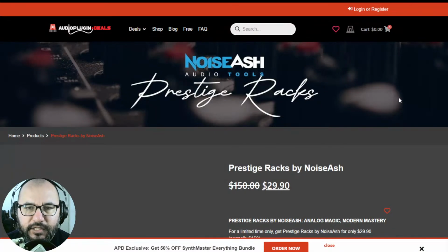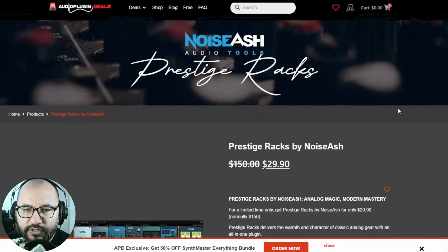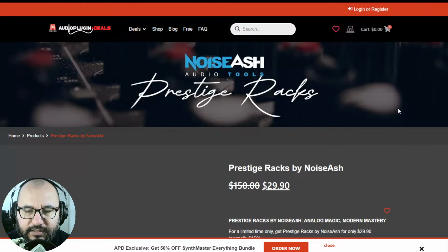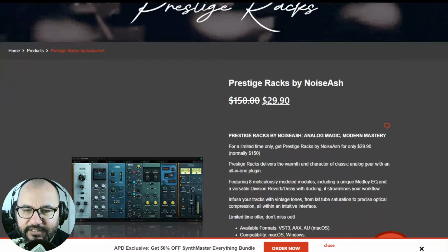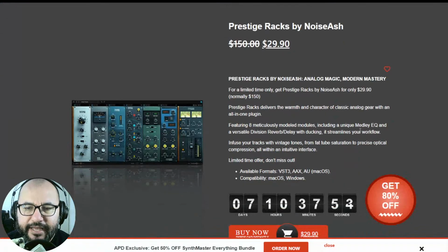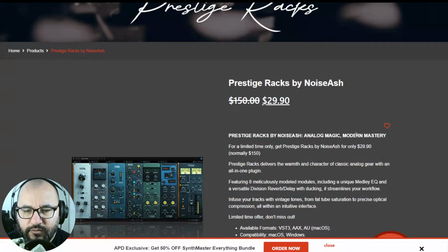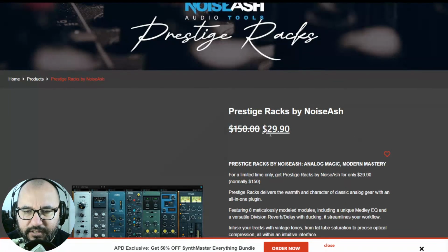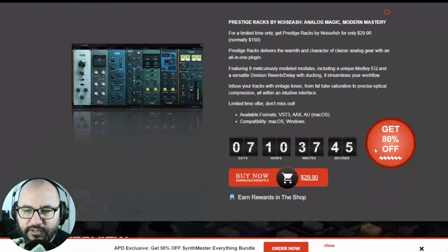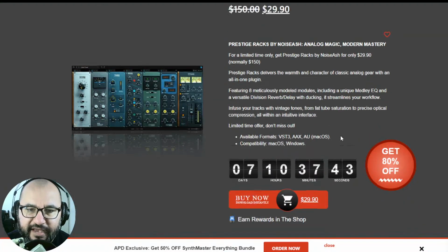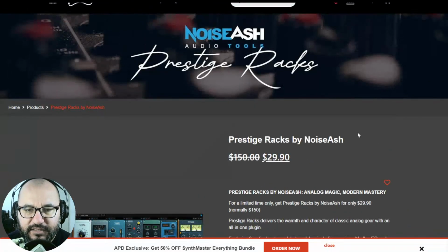Also, here at Audio Plugin Deals, we have an important deal in this cool channel strip, analog channel strip by Noiseash. This is a Prestige Racks. It includes 8 cool modules and plugins within this channel strip. $29.90, 80% off. There's 1 week left of this deal,